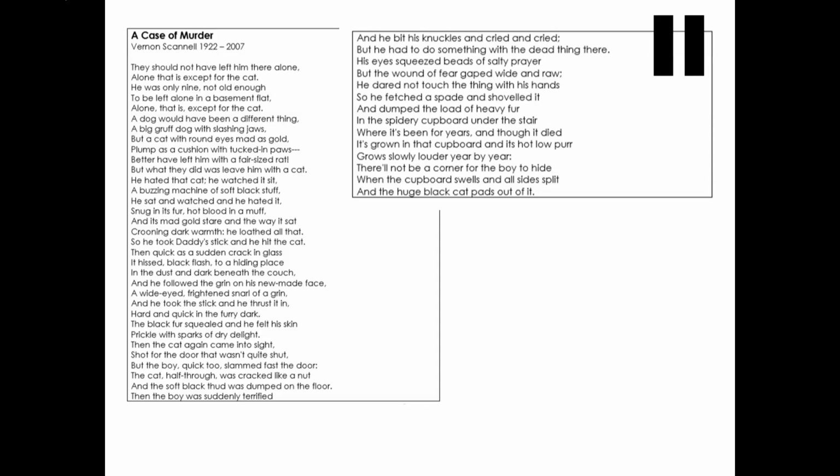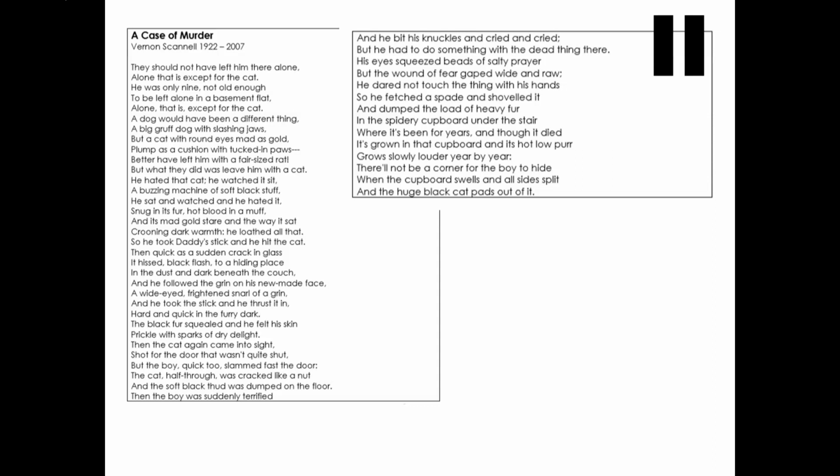And he followed the grin on his new-made face, a wide-eyed, frightened snarl of a grin, and he took the stick and he thrust it in, hard and quick, in the furry dark. The black fur squealed, and he felt his skin prickle with sparks of dry delight.